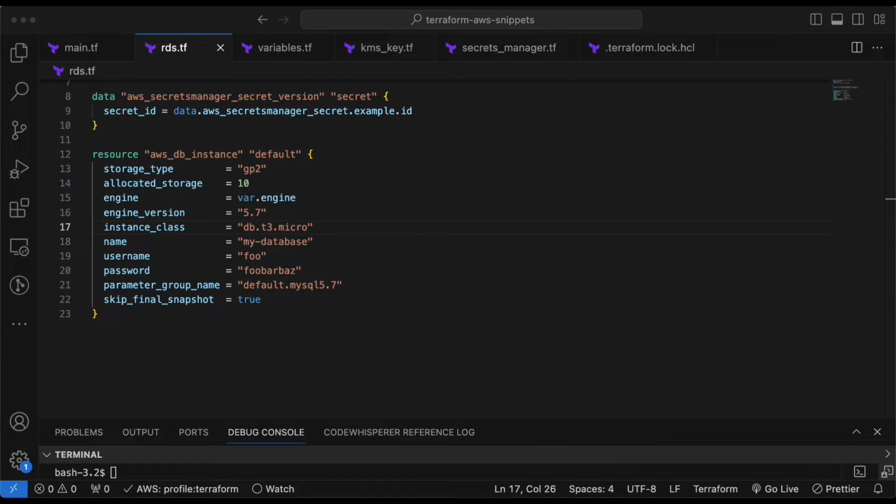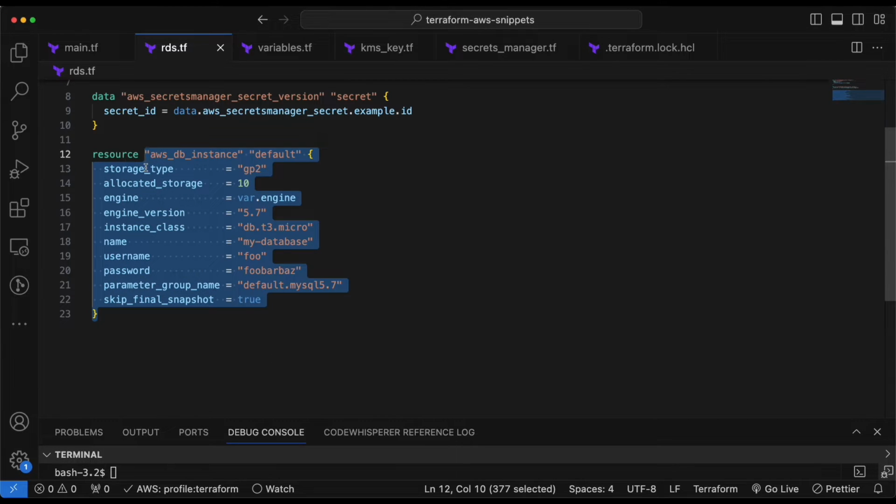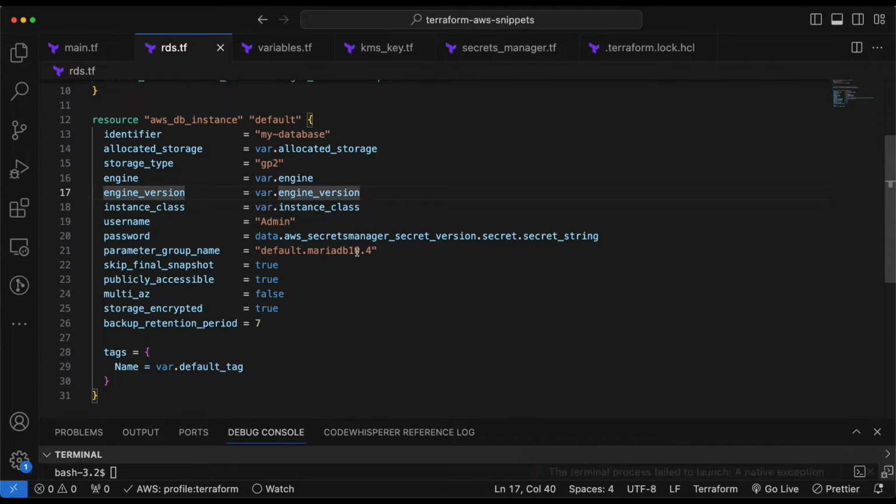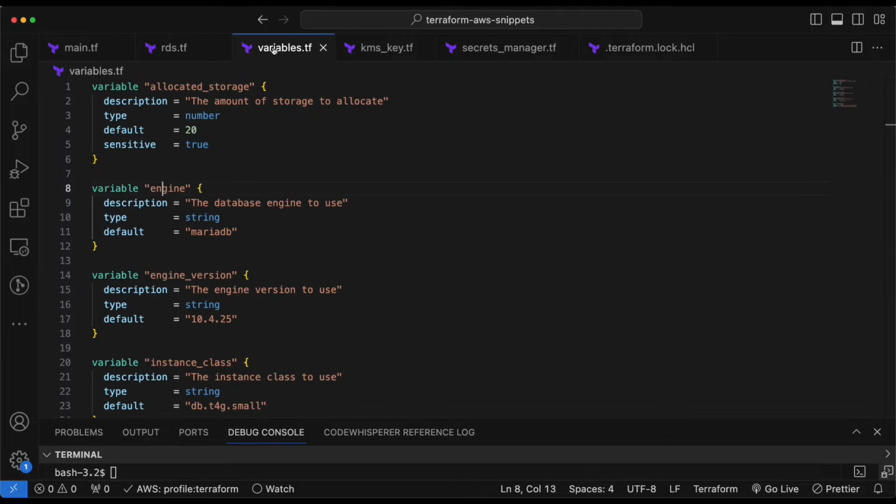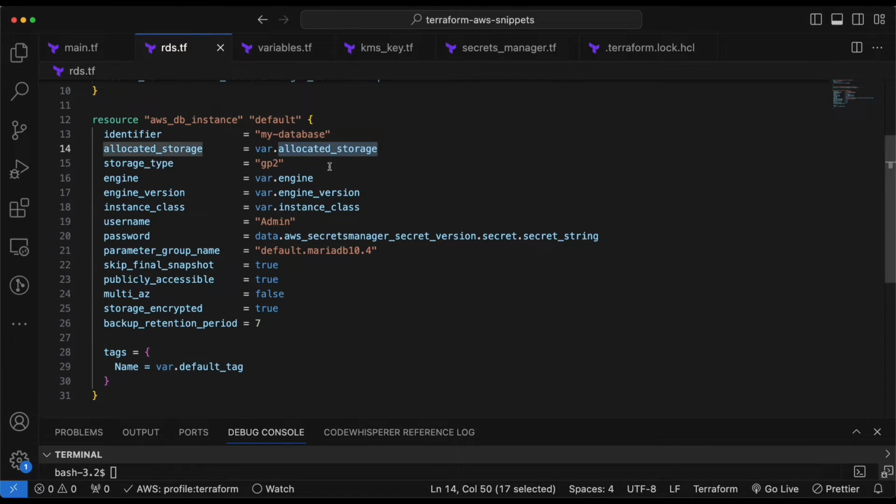I've already created these resources in the background just to save some time. So I've already created that, and I'll copy paste my AWS DB instance, paste that. Okay, so as you can see, we are trying to create an AWS DB instance with the name my database. And then we are using the allocated storage, which is simply our allocated storage, which is 20, the default value. So you can see we have allocated storage, and then storage type is